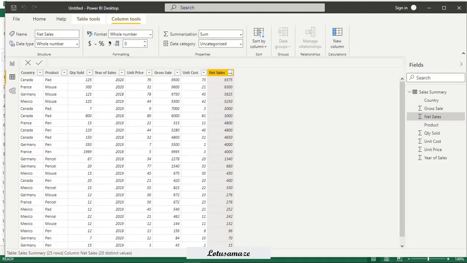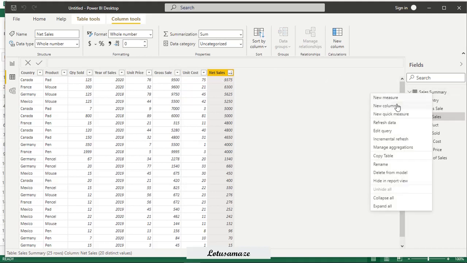Now we check the practical of the RANKX function. The data is already uploaded, and the last column is net sales. It's in descending order, with the highest sales on top. Now we create a function. First of all we create a new column.